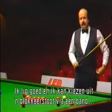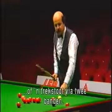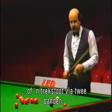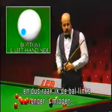We've left a nice angle on the black ball now. We have a choice of either playing the stun shot off 1 cushion for the choice of the 2 reds, or to screw round off 2 cushions. From this position I think I'm going to play the screw round off 2 cushions with a little bit of